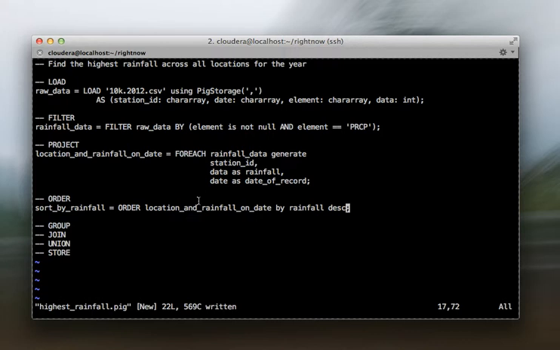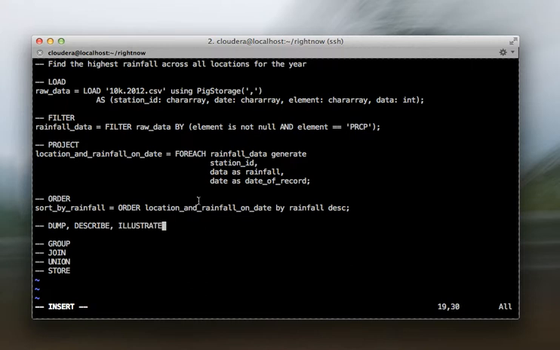It's a good idea, as you write Pig scripts, to essentially ask Pig to run the script at each step, and you can also use, for example, dump, describe, or illustrate, and these are all tools that help you to debug